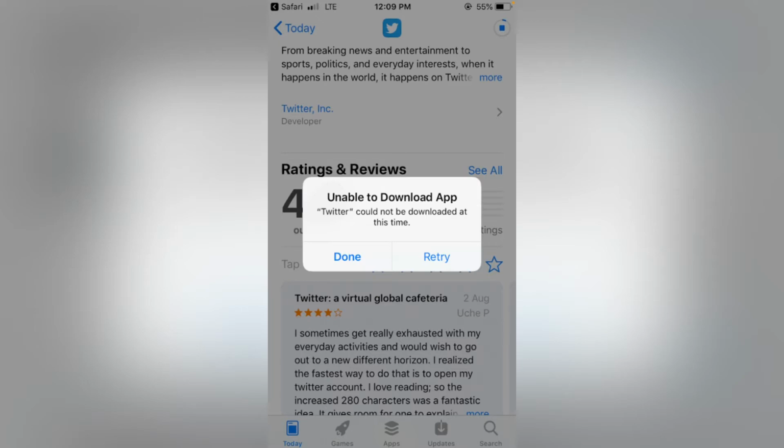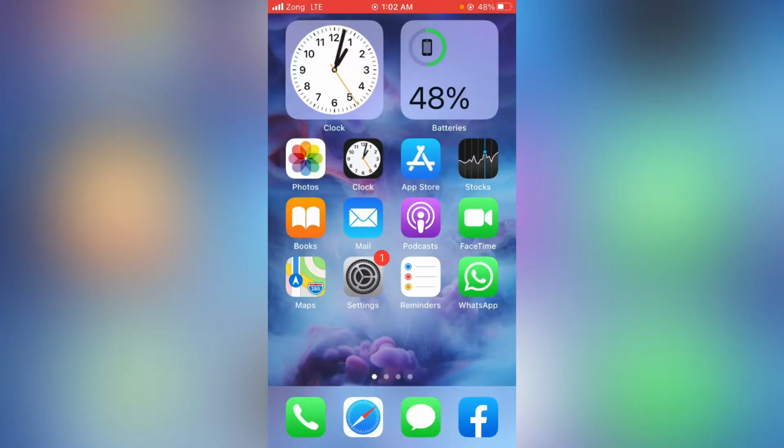First of all, go back to your home screen. Actually, there are 5 methods to solve this problem, so hopefully one of the tricks will solve your problem as well. So let's start now. For the first method, what you have to do is just open the Settings app on your